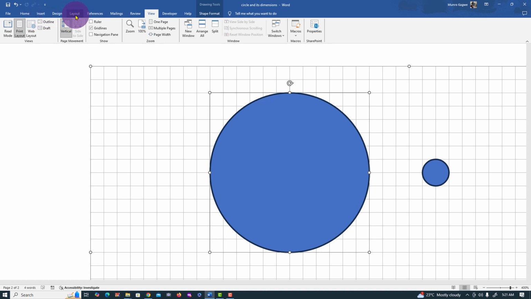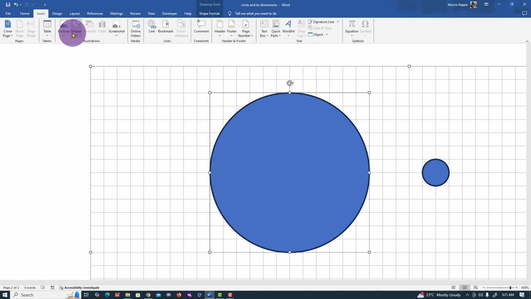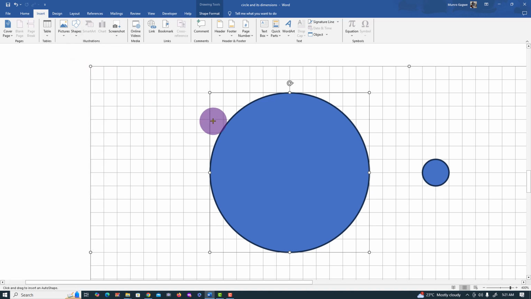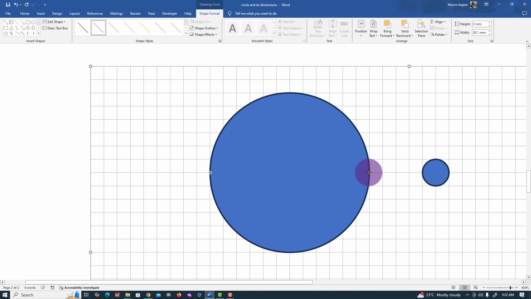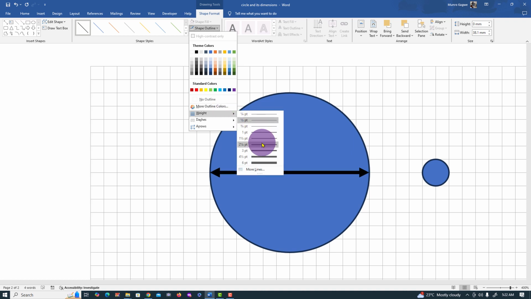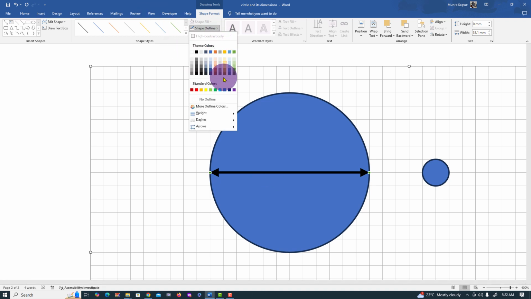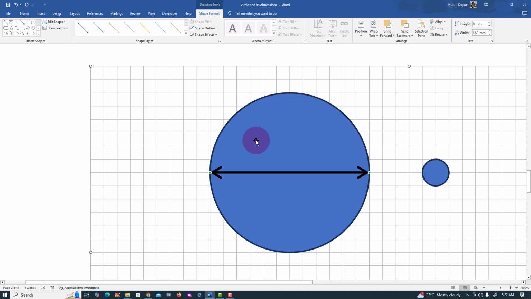I will draw the 2 diameters. So I'll go to insert and then on shapes. I will get the double headed arrow. It's right here, and I will draw from this point all the way to that point. Probably the line that I've just drawn is not visible because it may be too light, so I'm going to increase the weight of that particular line to that much, and even change the shape of the arrows to be arrows which are just simple, like this one, for example. So I've drawn the diameter